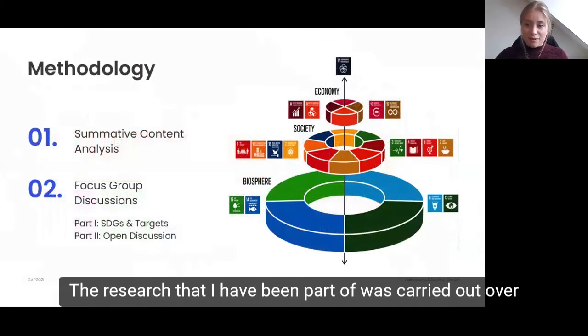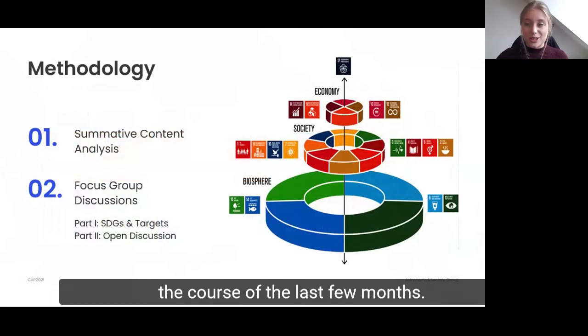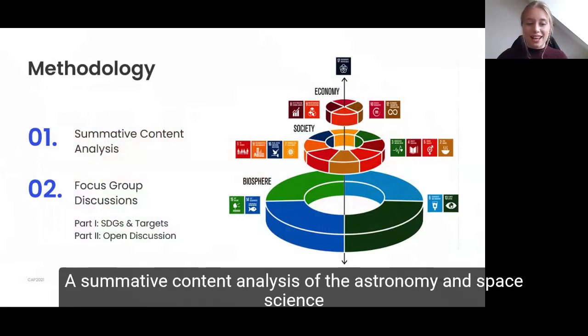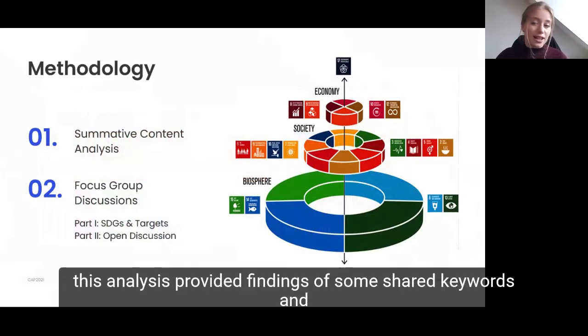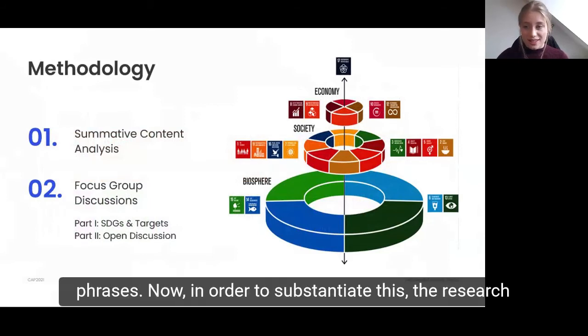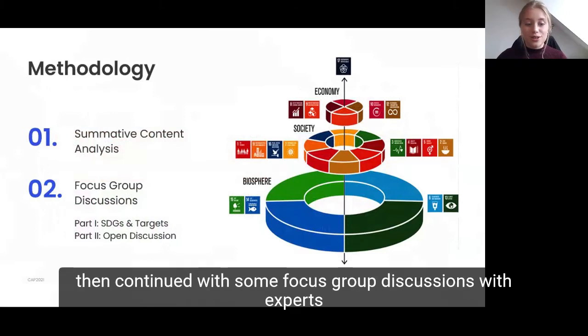The research that I've been part of was carried out over the course of the last few months. To begin, a summative content analysis of the astronomy and space science projects and the coherent SDG targets was conducted. And this analysis provided findings of some shared keywords and phrases. Now, in order to substantiate this, the research then continued with some focus group discussions with experts in the field